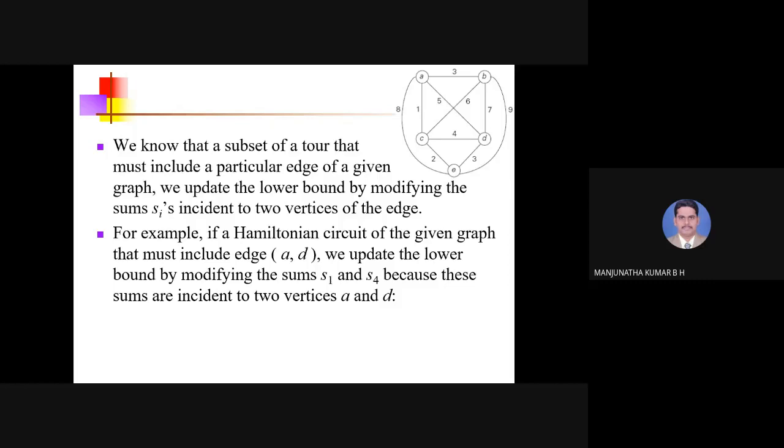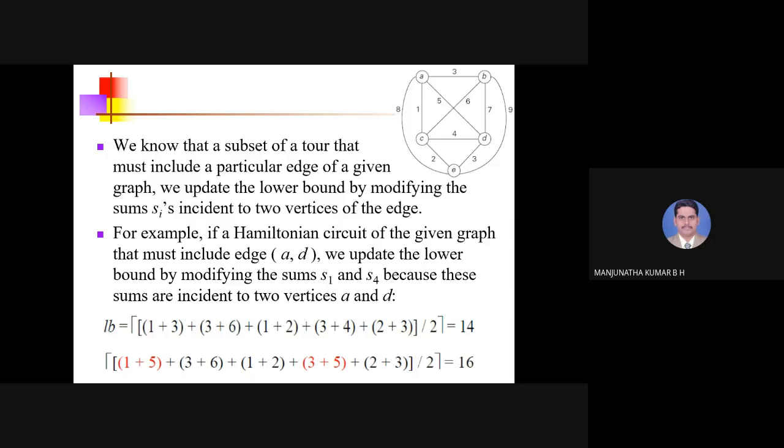Now observe here, this was your previous lower bound calculation for the root node. Once I visit a city, how does the next lower bound calculation change? For example, now A is visited. Now from A I want to visit D next. A is visited, no problem. When I visit A, the lower bound remains 14 only, because I calculated the initial lower bound with respect to A only.